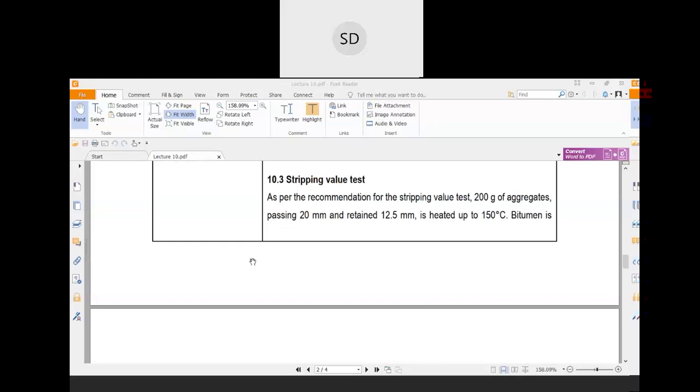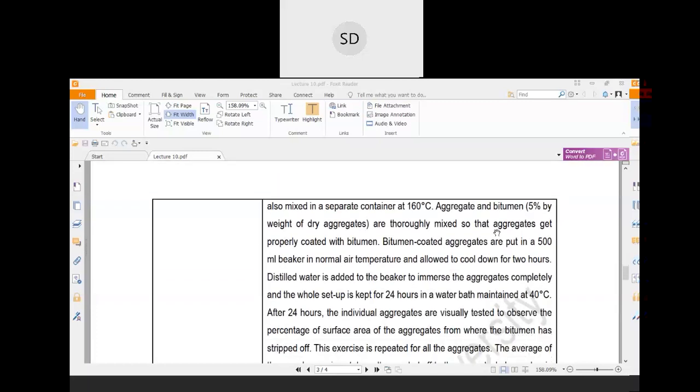As per the code recommendation for the stripping value test, generally 200 grams of aggregate passing through 20 mm and retained on 12.5 mm sieve is heated up to 150 degrees Celsius. Bitumen is also heated in a separate container at 160 degrees Celsius. So aggregate and bitumen